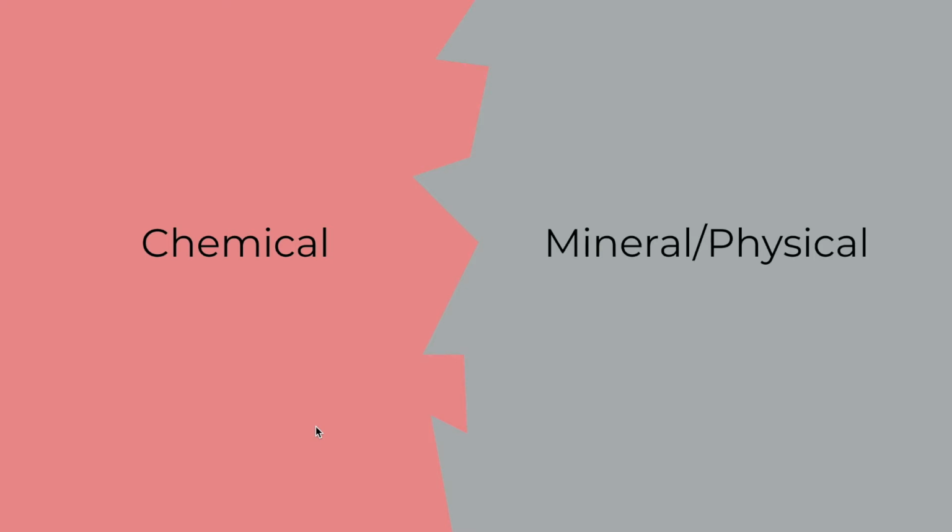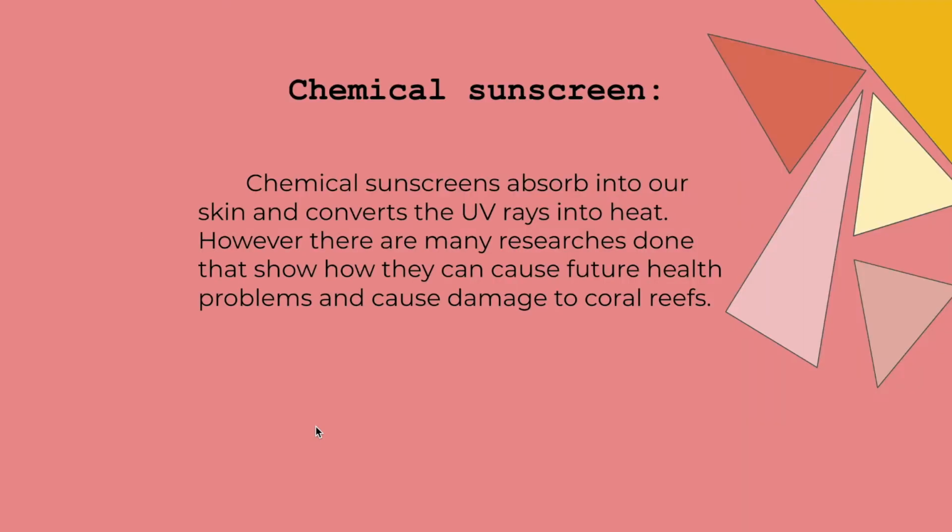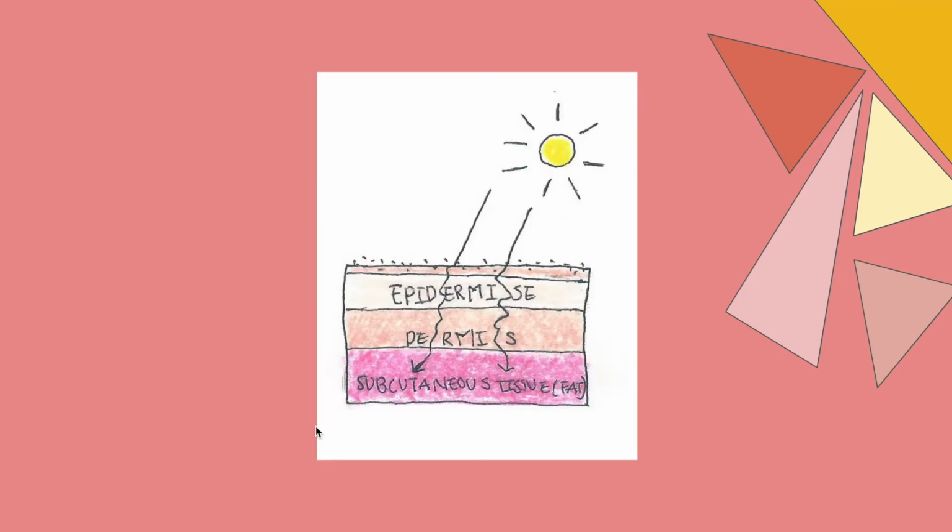There are two types of sunscreens, a chemical sunscreen and a mineral or physical sunscreen. Chemical and mineral sunscreens are very different. A chemical sunscreen absorbs into our skin and converts those UV rays into heat. However, there is much research showing how these types of sunscreens can cause damage to coral reefs and us. This picture shows how the sun's UV rays get absorbed into our skin and then turn